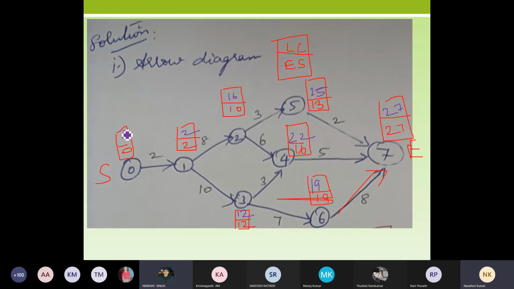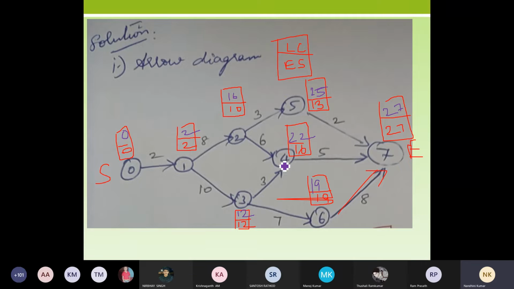Okay. So this is how you calculate your latest completion time. That is, in the backward pass, from your end activity you move to your start activity. When you have two possibilities, for example at your second node, where you have the possibility from 2 to 5 and 2 to 4, you have to choose only your least value. When you're going for the backward pass, always remember you have to choose the minimum value. And this is our calculation of early start and latest completion time.